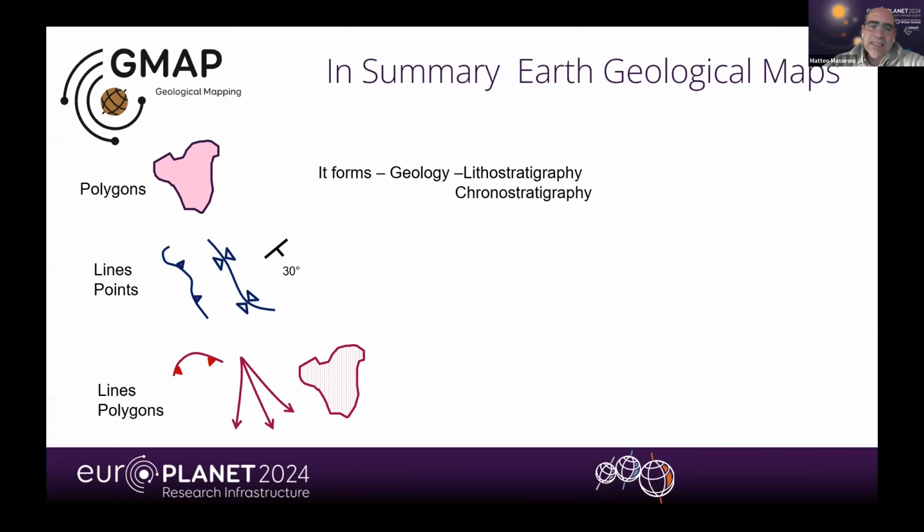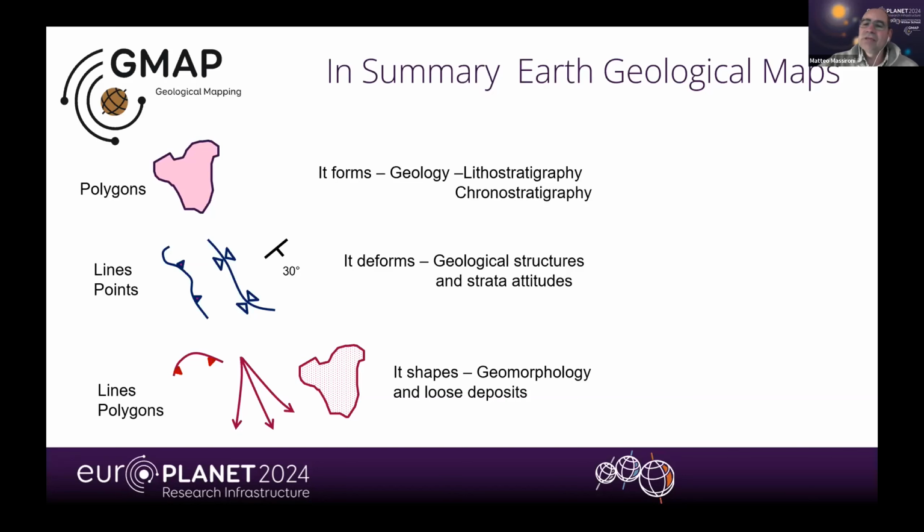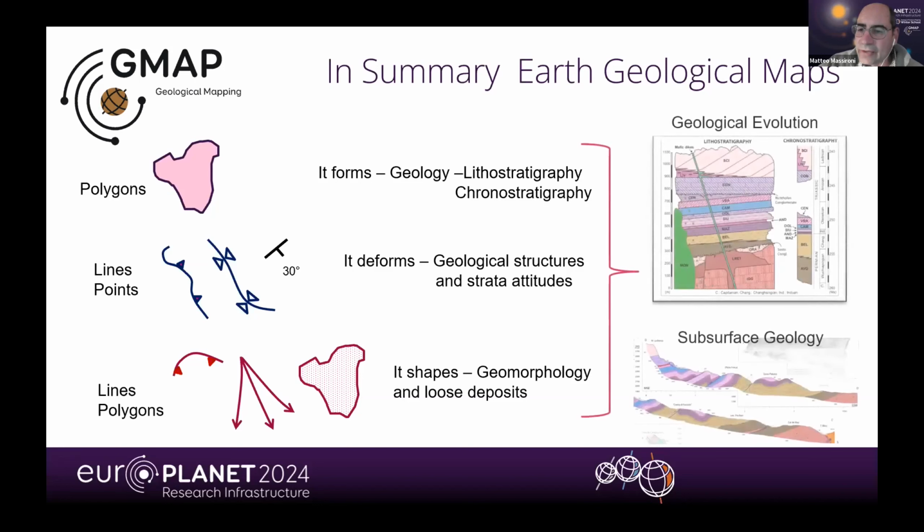Then we have the lines and the points that indicate the deformation processes, so the geological structures and the strata attitudes, the orientation of the strata with respect to the cardinal points and the horizontal plane. And then we have lines and polygons that indicate the geomorphology and the loose deposits, and all together